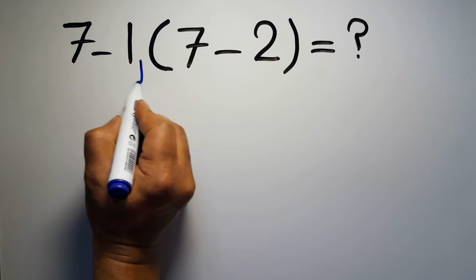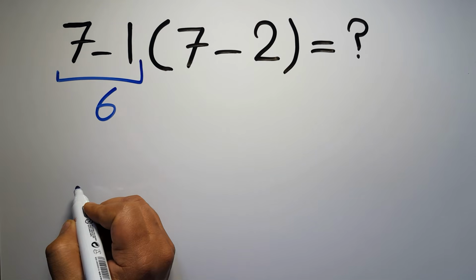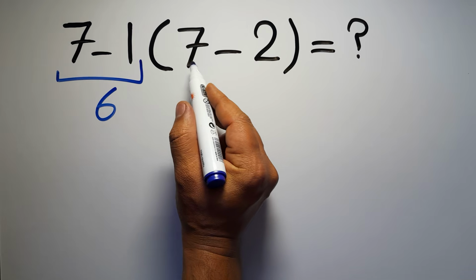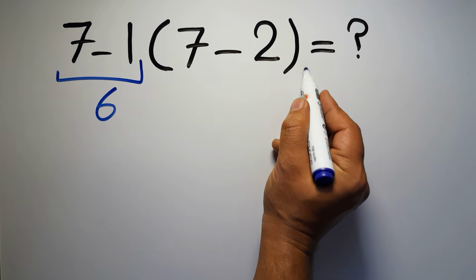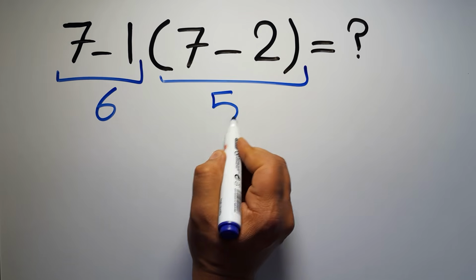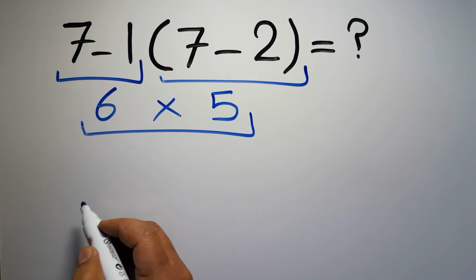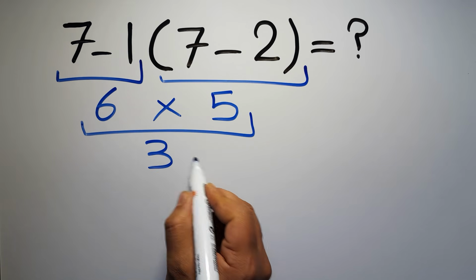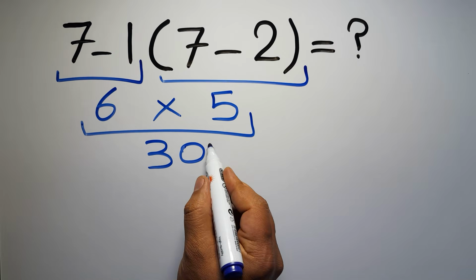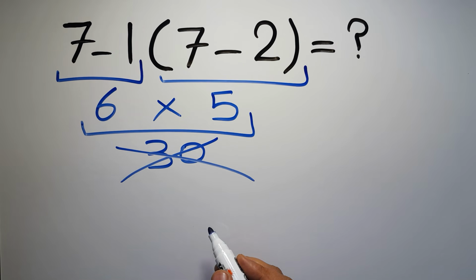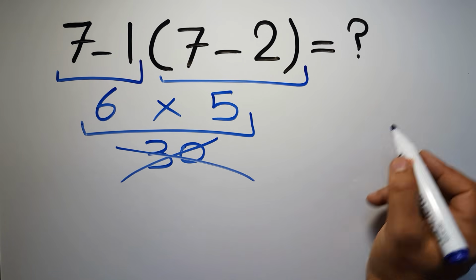7 minus 1 equals 6. And here inside this parenthesis we have 7 minus 2, which equals 5. So 6 times 5, which equals 30. But this answer is not correct, because according to the order of operations, first we have to